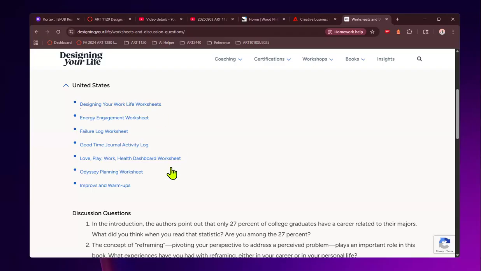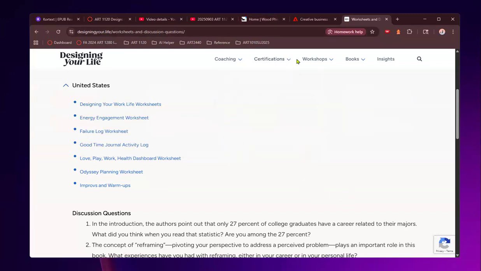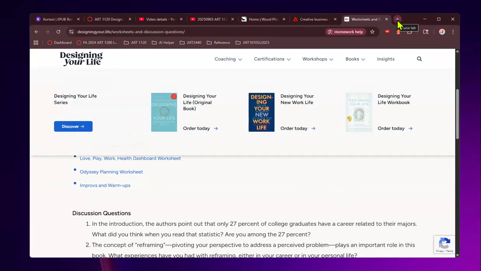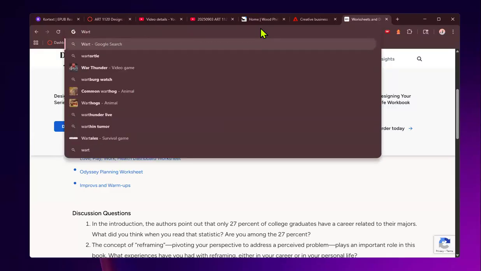They even have a workbook on Amazon as well. Yeah, so they have the workbook, but you can get all of the workbook stuff, I think, right there, for free if you want to do that. And I'm just showing that for students who don't have the resources to maybe buy the book. So, and then we've got the other one was The War of Art that you talked about,